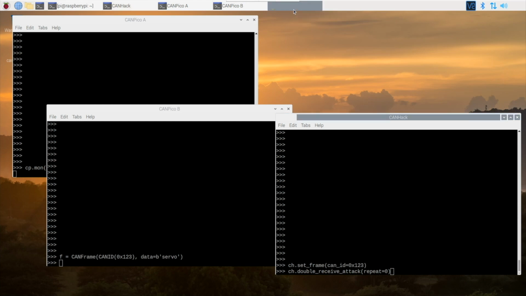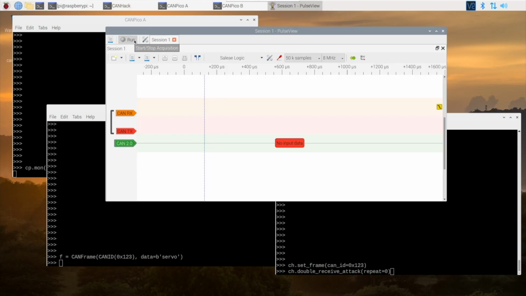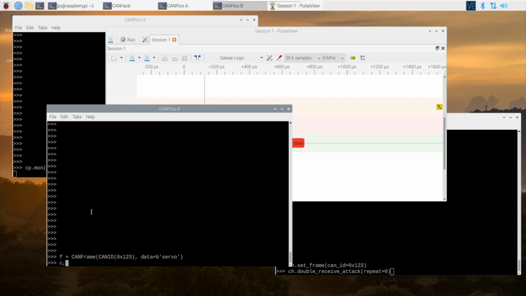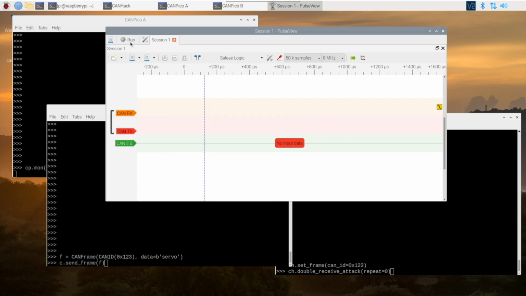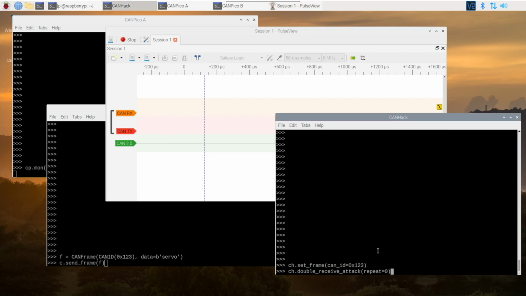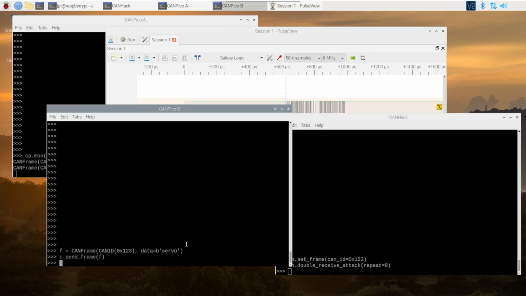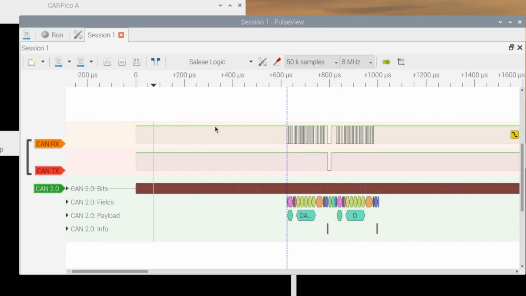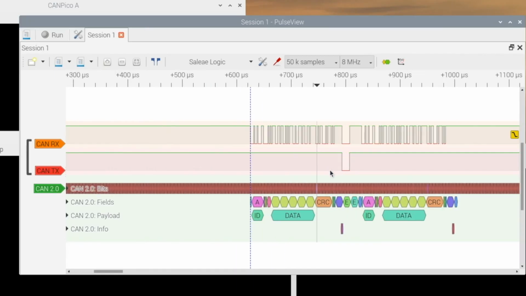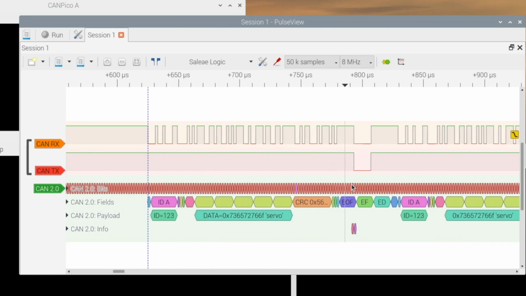So we can have a look at what's going to happen here with the logic analyzer. We'll get ready to send the frame. On the logic analyzer, mount the attack, send the frame, and have a look at what happens. So here is the frame being sent, and at the last bit of the end of frame we get an error frame which has been injected by the CANHack board, and that shows through on our logic analyzer as a double receive warning.